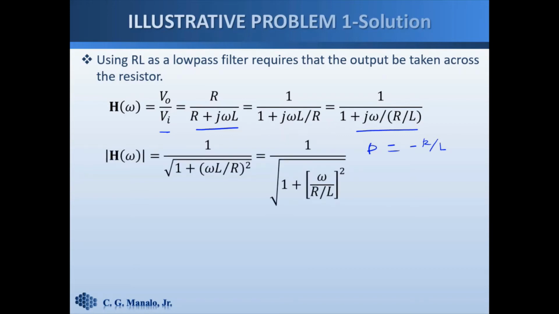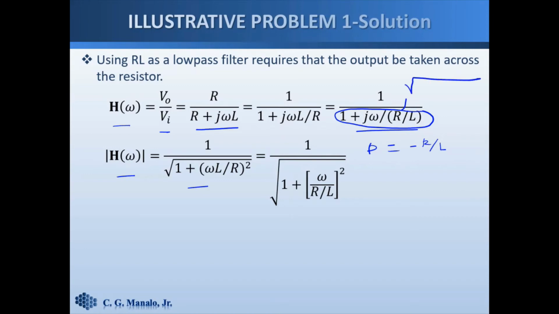We extract the magnitude of this transfer function, so we write it this way. So the magnitude is this one. Take note this is a complex expression, and the magnitude for this would be